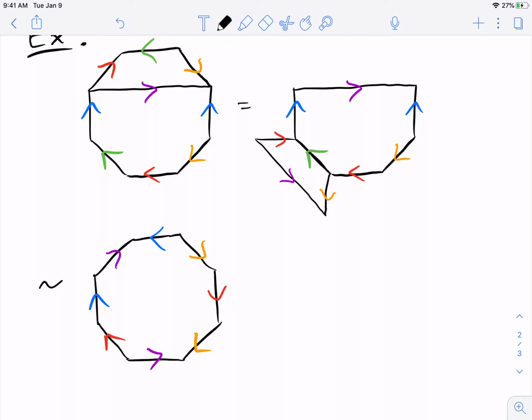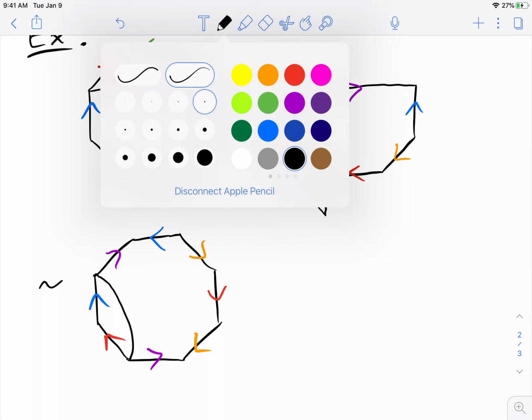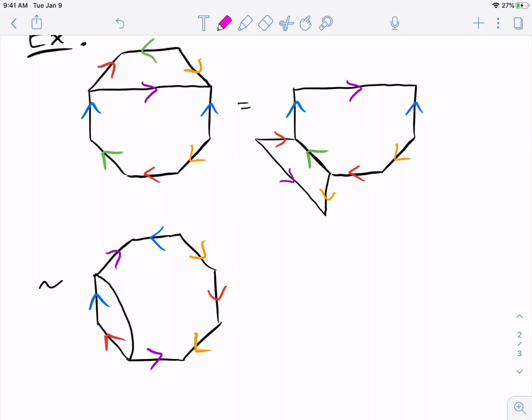So I think what I want to do next, these purples aren't adjacent. So I'm going to do a cut and glue to glue them together. It's a good color, pink. Okay, so that's my second cut, and the blues are kind of already in the correct relative position for the